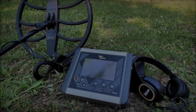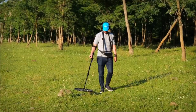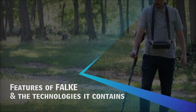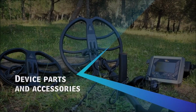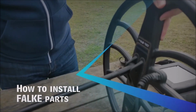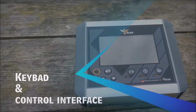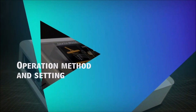This video includes a detailed explanation of the device and includes the following: device features and technologies, device parts and accessories, how to install and uninstall, keyboard and control interface, how to operate and set up,